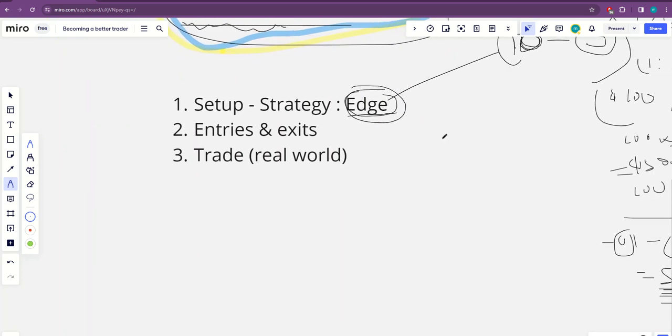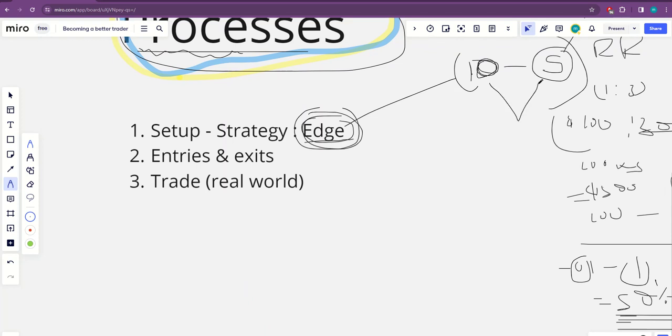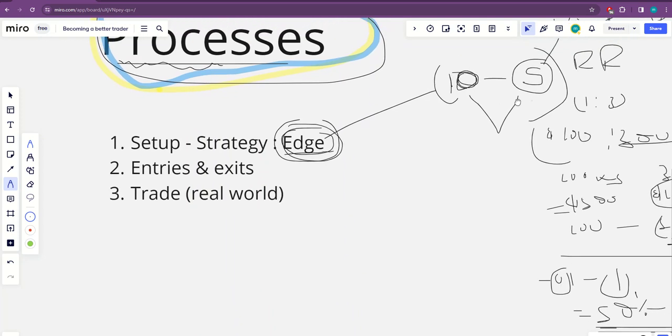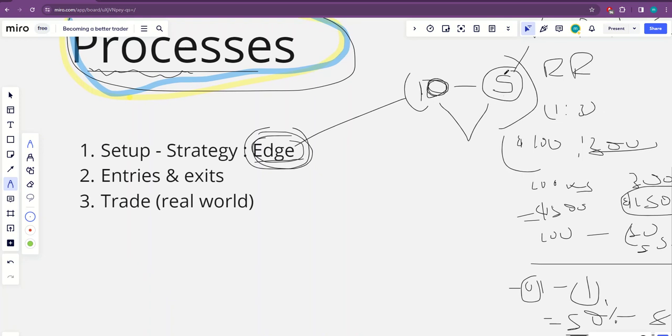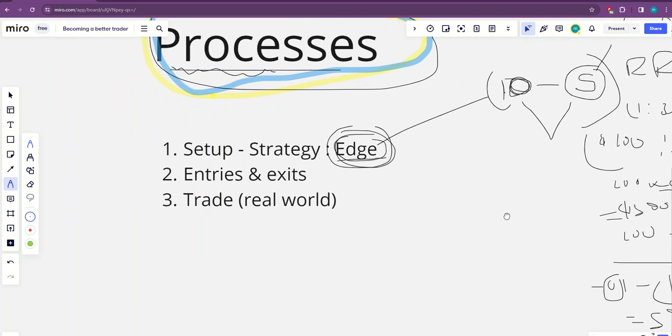Because the most important thing is confidence anyway. Once you have a setup which has an edge, please know that it's not about if it's happening 10 times you're going to win 10 times. No, we don't care about the number of wins. We don't even care about the number of losses. As long as we have at least 5 wins for every 10 trades we take, that's more than enough. Even 4 is enough, because there is no system that will give you 10 out of 10. When we talk about the best systems from the best people in the world, we are talking about a win rate of roughly 60%. The markets are designed in that way, and I will show you in a moment.